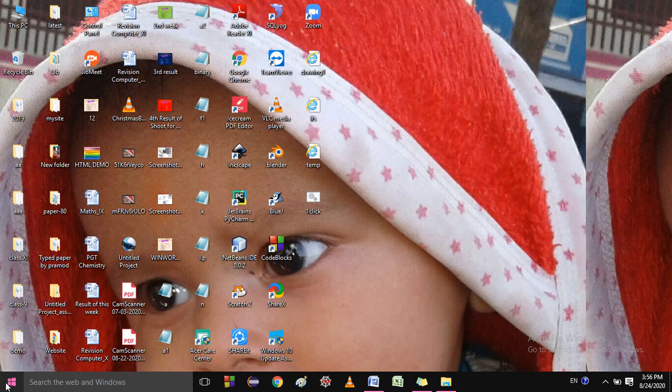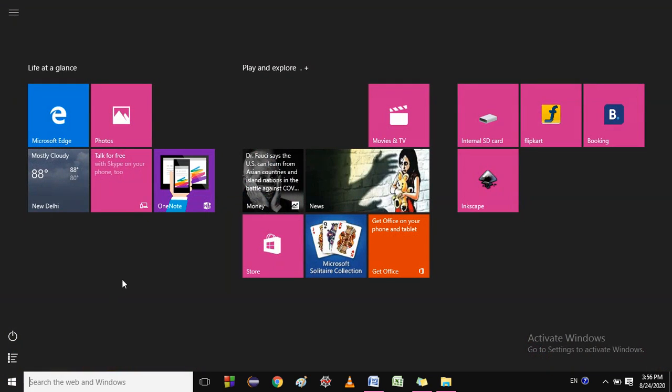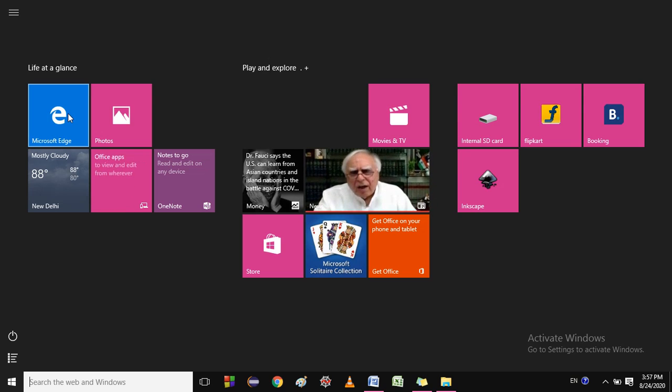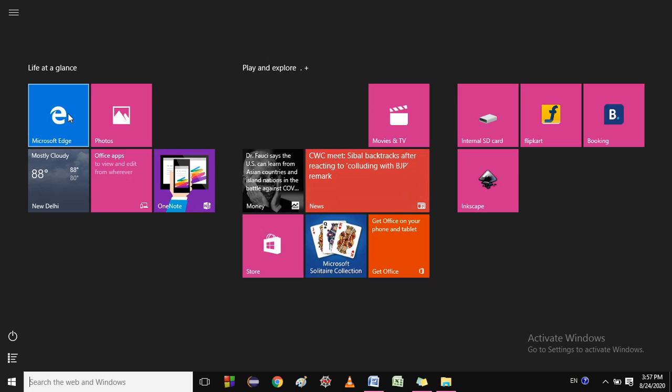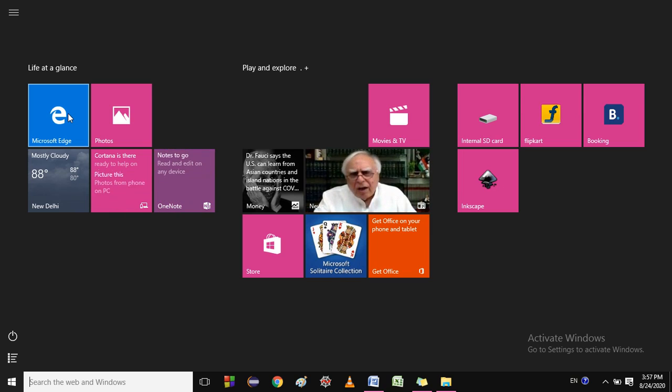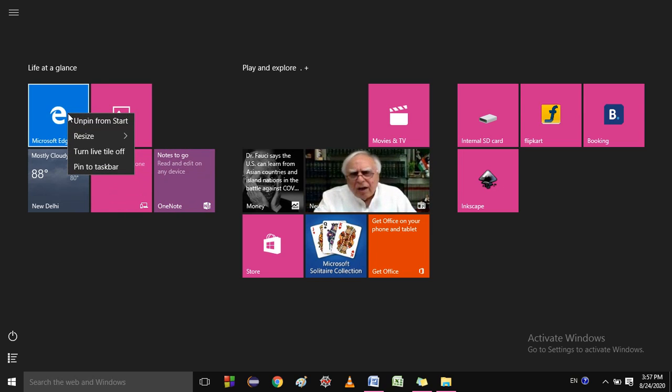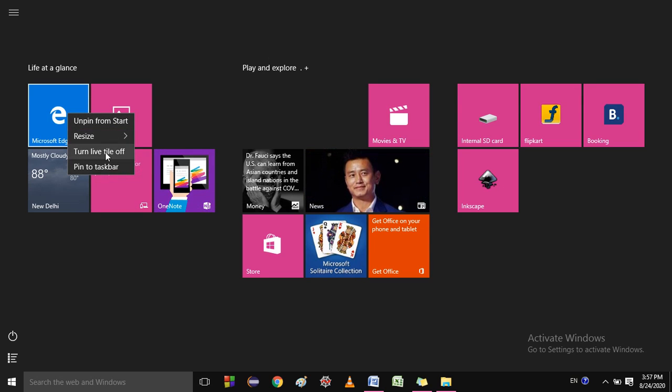Just click on the start button. Suppose I want to change the size of this Microsoft Edge. So first you click the start button, then right click on the tile which you want to resize. Again the app context menu will appear. This is the app context menu.